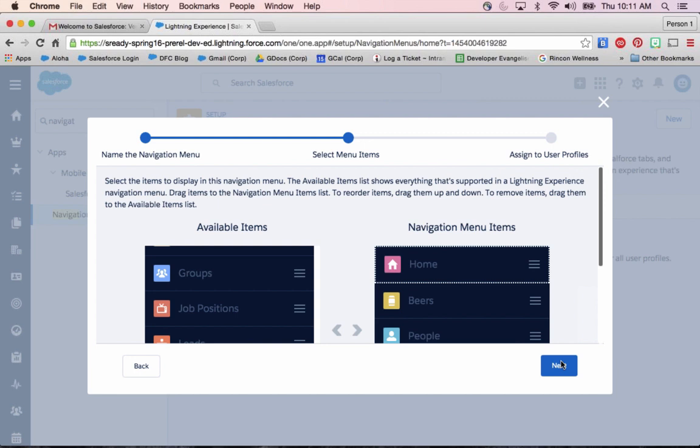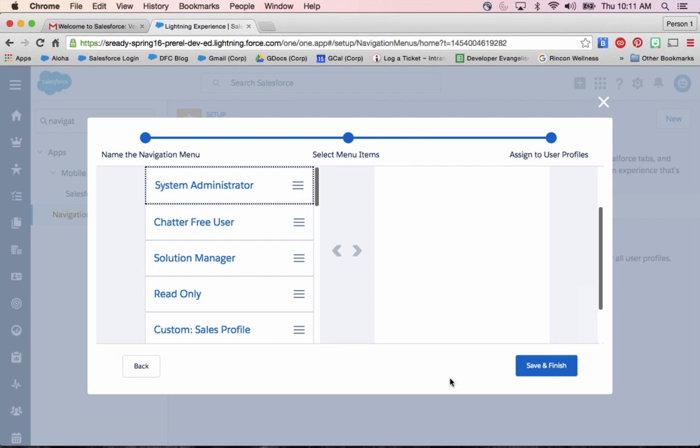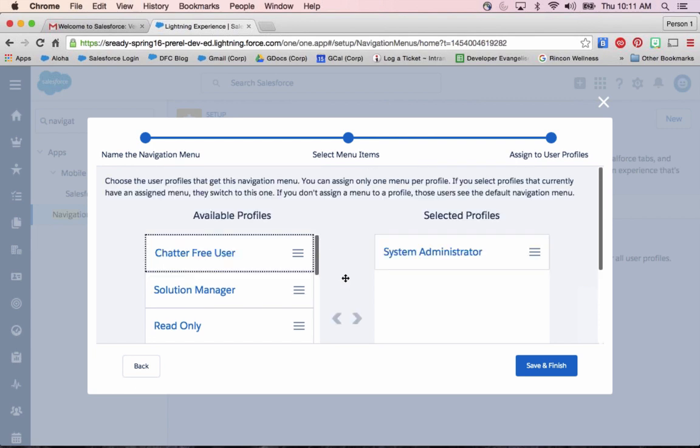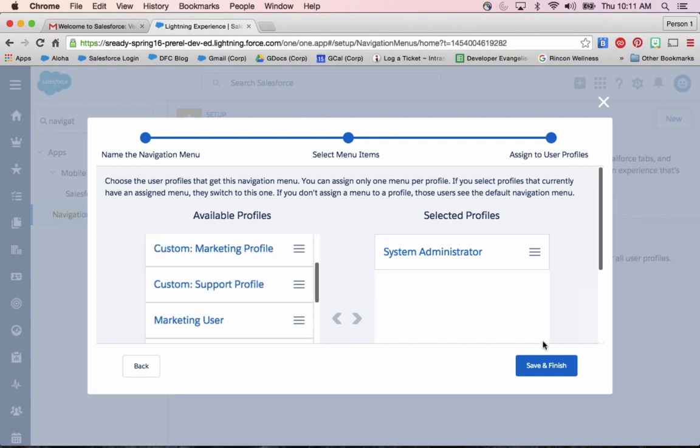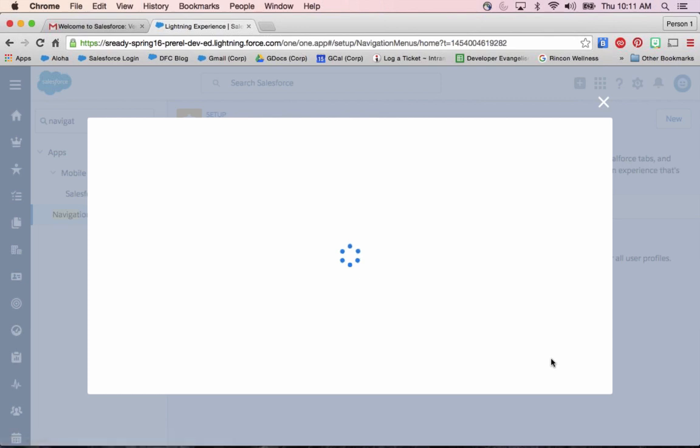Absolutely, and this is going to be great for people all over your company too, because in that next step, admins can apply different navigation layouts for all of these different profiles. So in this case, I am a system administrator, so I'm going to make this available for me, but I could create a completely different layout for all the different salespeople, marketing people, and this is only going to get more complex as future releases come out. Like how now we have the app picker that allows you to toggle between different apps, this navigation menu is going to get more complex to allow you to have different app experiences and be able to have different layouts for different users. So this is super, super great.